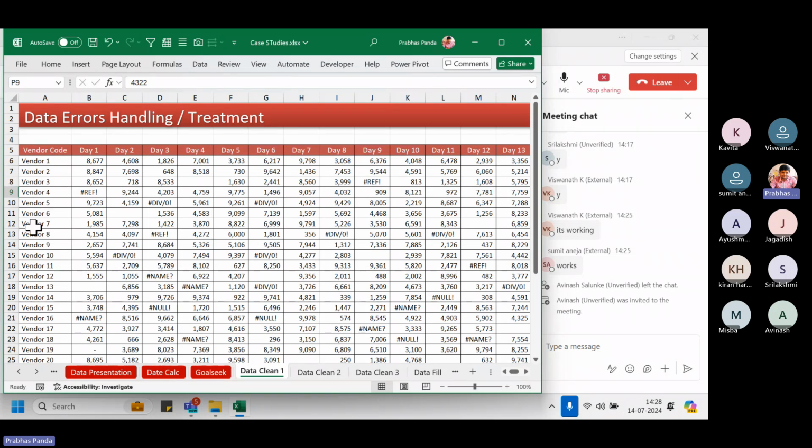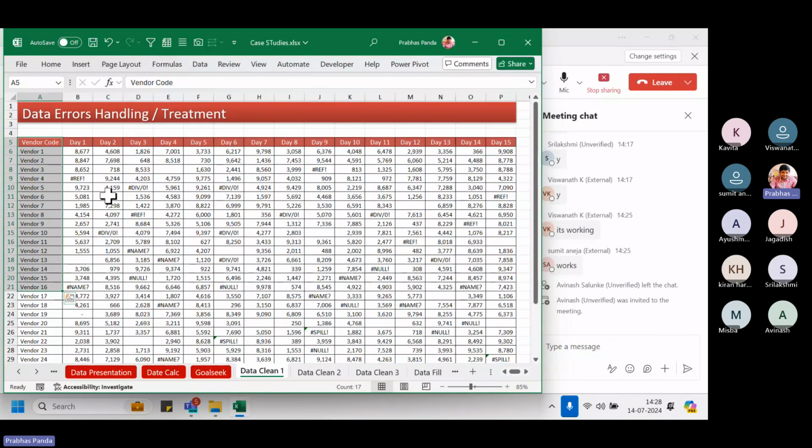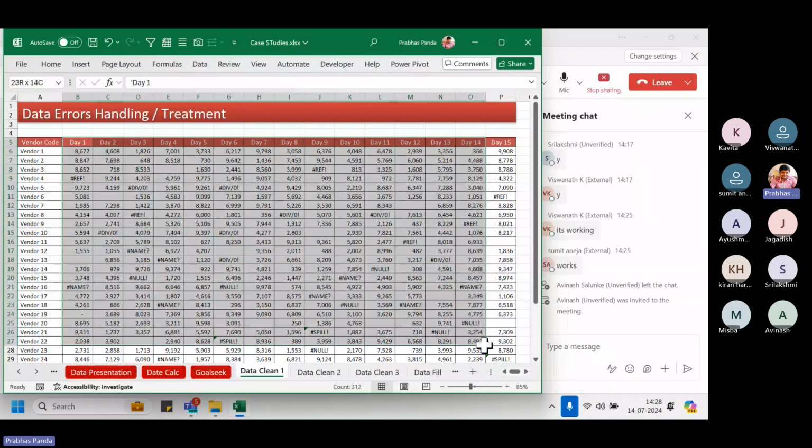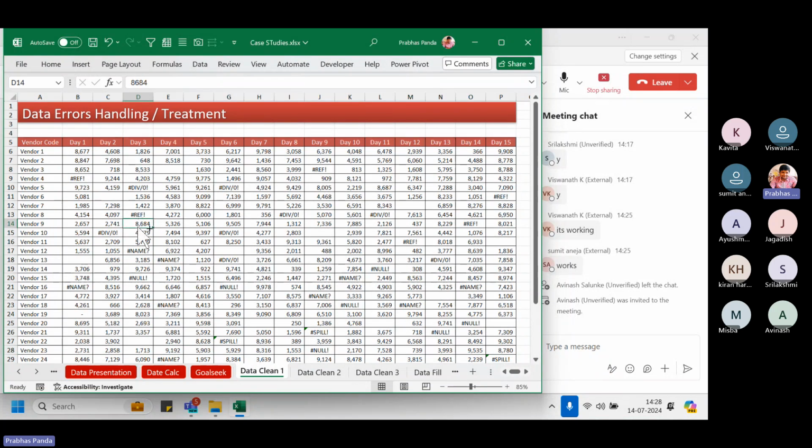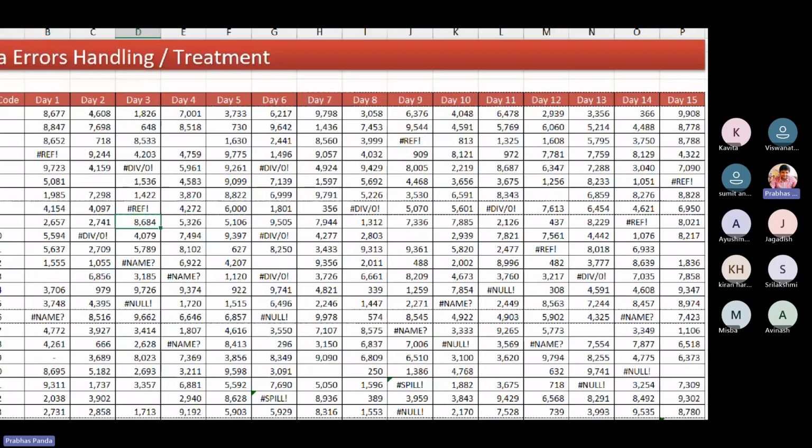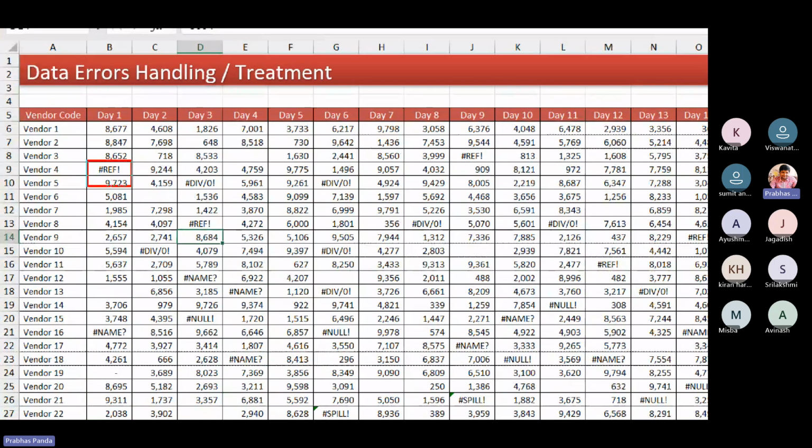So, if you look at, we have taken some vendors' data, and this is for the last some 20 days, or 10 or 15 days records, how much revenue or how much business we have given to them, those details are there. Now, when I received this data, you could notice it is containing some kind of errors over here. What kind of errors? Like #REF, #NAME, #N/A, #DIV, all this kind of errors are in place. You could notice,